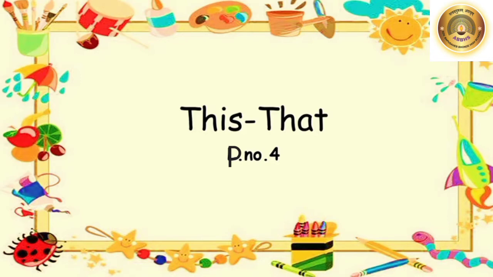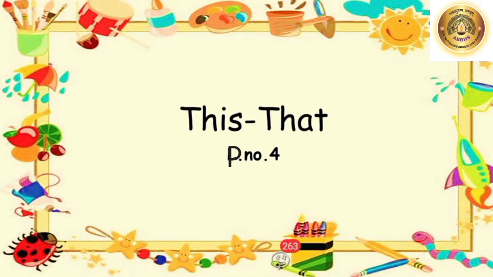We have already learned the concept of this and that. So tell me, when do we use this and when do we use that? Whenever we talk about one or single object or thing, we use the word this or that. For example, one book, one bottle, one ball. In that case, we use this or that. We use the words this and that to tell where these particular objects are.